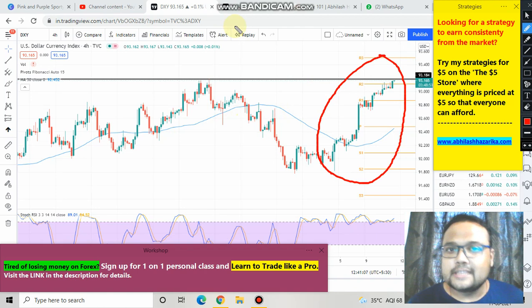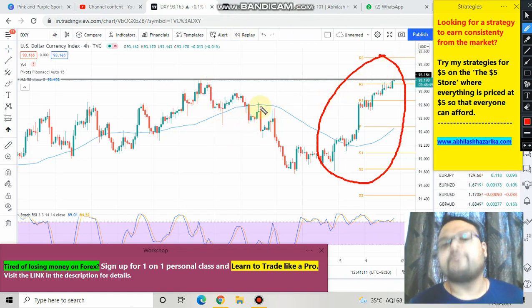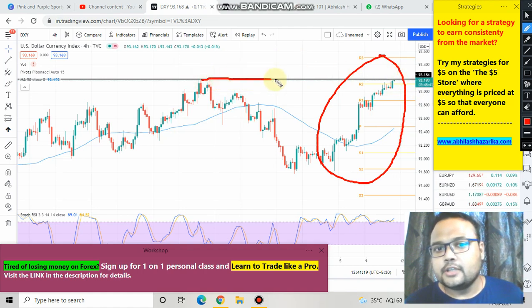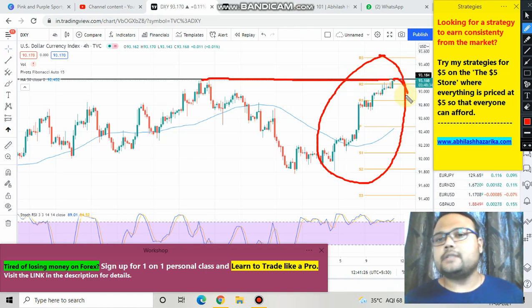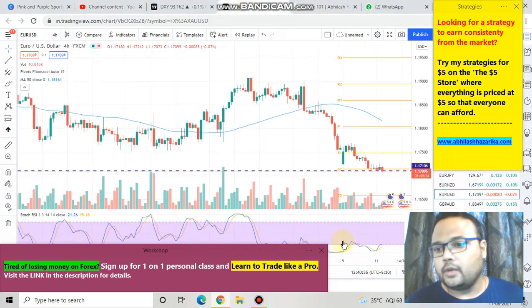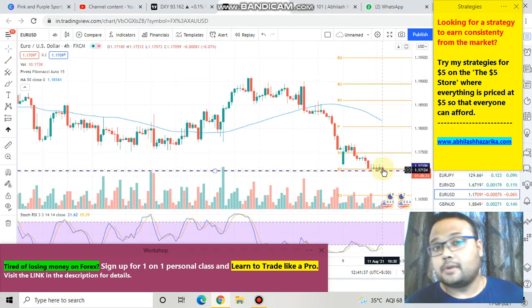Therefore, Euro is kind of weak here, and as a result, you are seeing heavy selling pressure on the chart of Euro. But if you look at this chart carefully, you can see that the US dollar is just standing at resistance. So there is a good possibility that USD will go down, or reverse. If USD starts going down from here, then obviously Euro USD will be reversing from this particular support.